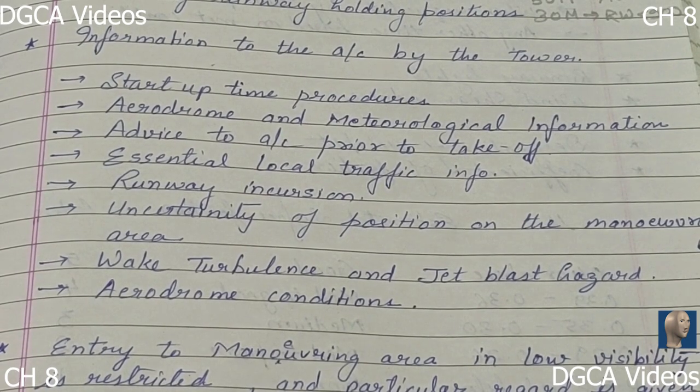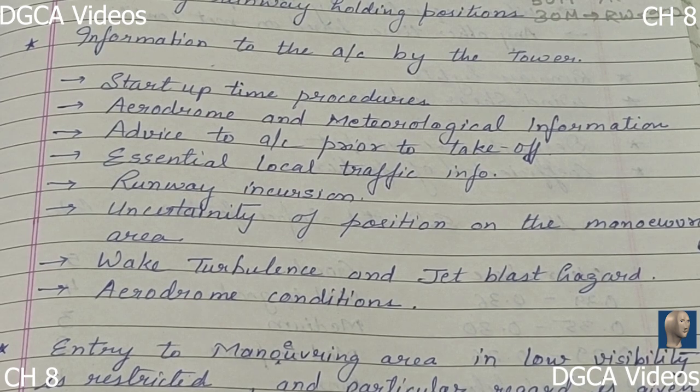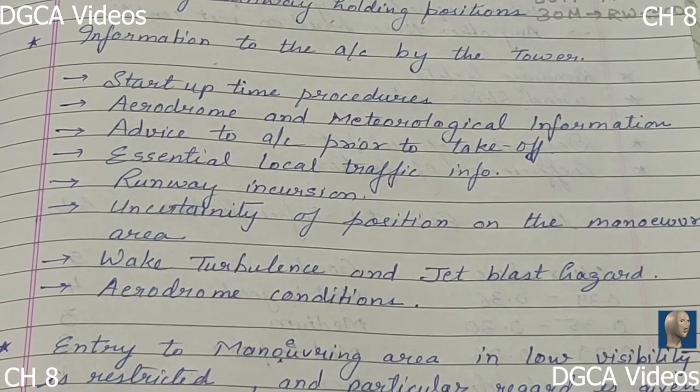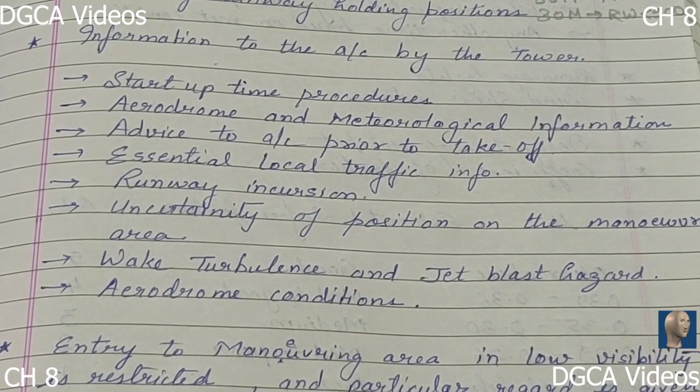The QNH altimeter setting has to be informed, and the air temperature for the runway, the visibility on the runway, RVR, all those things. So the visibility, if it is less than 10 kilometers, or in the case where a certain RVR value is applicable, in that case the aircraft is allowed to take off or land, and then the correct time can be provided to the aircraft if they ask for it. Next point is